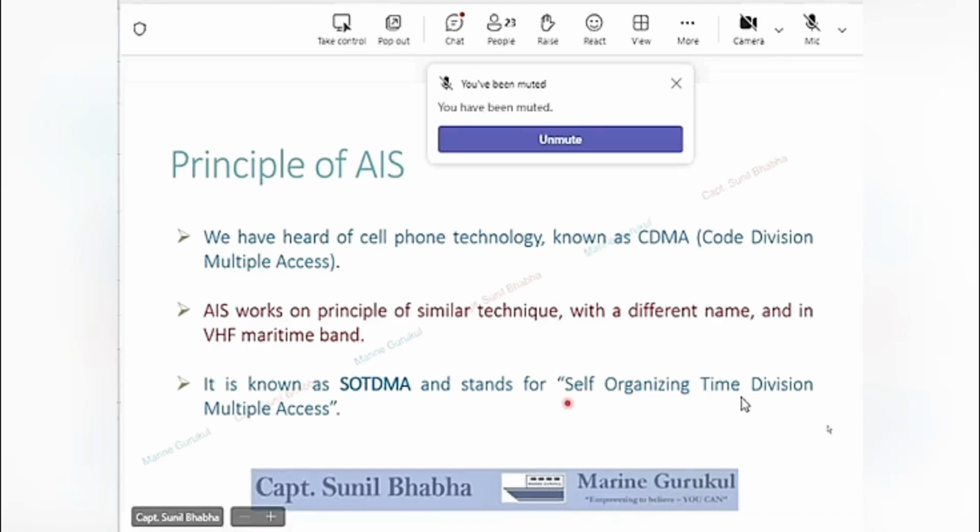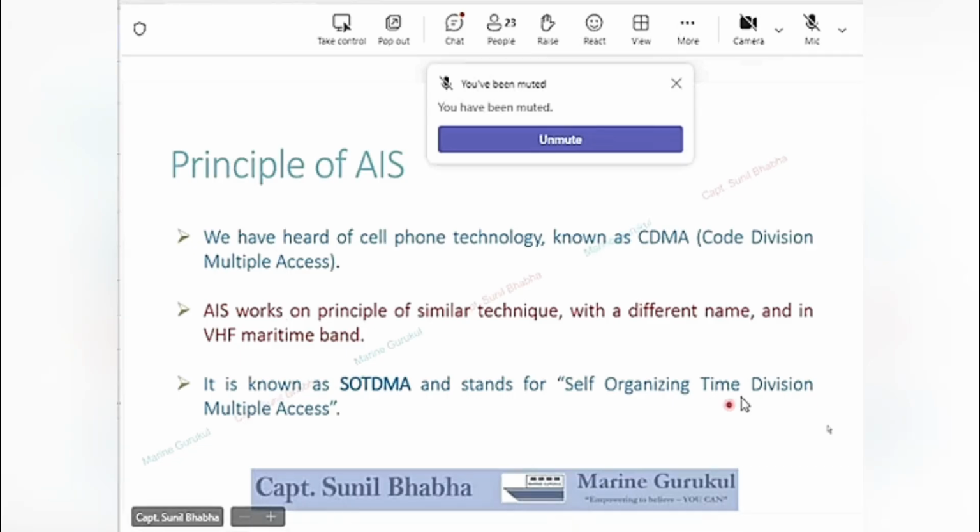Now, as is clear from the name itself, this system is self-organizing. That means it does not require a master or a controller as is required in the mobile systems. Our system, the AIS system, does not require any operator, controller, or a master. The second term is time division. This system is based on dividing the time into multiple slots.